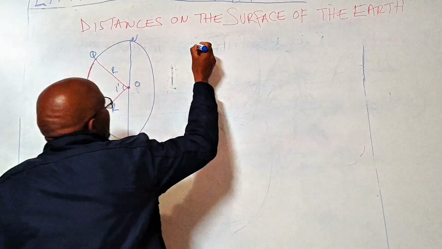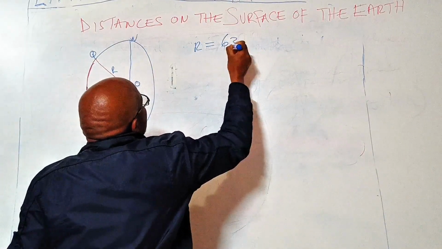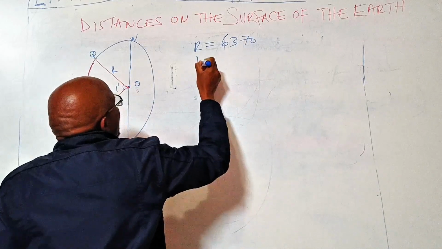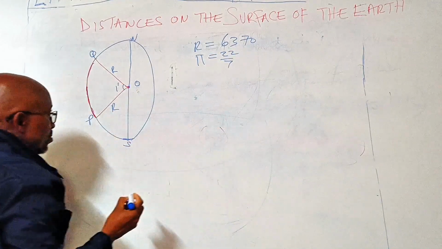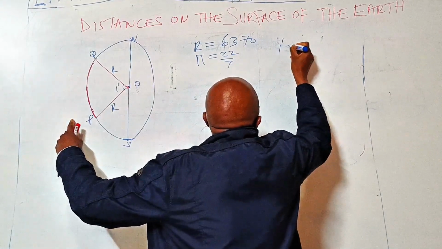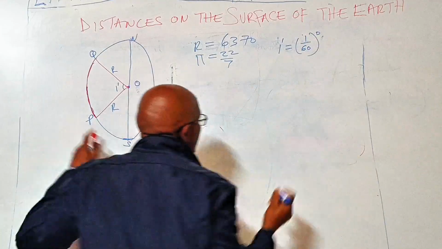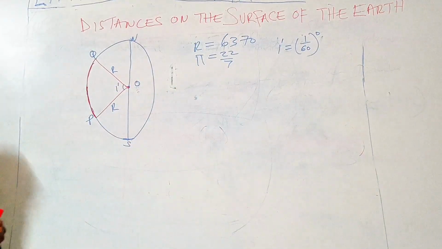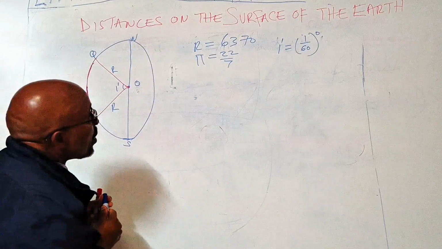Taking r as 6370 and pi as 22/7, 1 minute is equal to 1/60 of a degree. Therefore, the arc